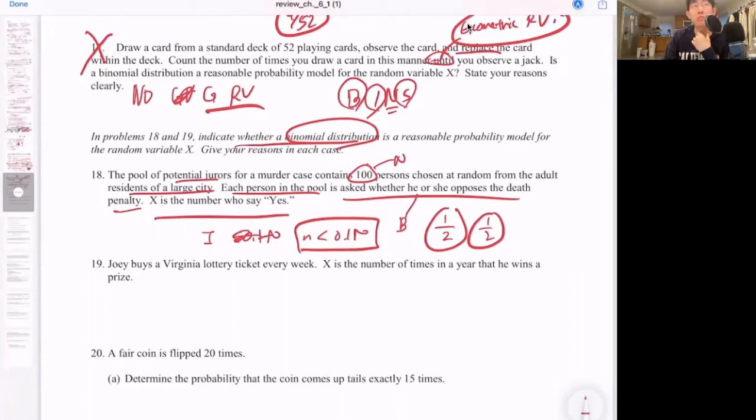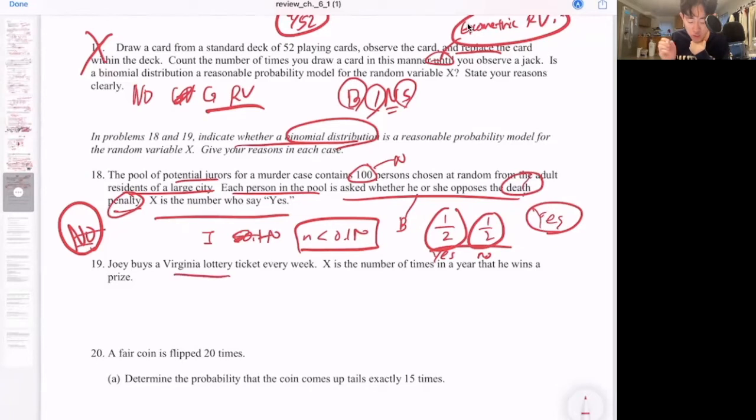For this one, the probability of you choosing it, is it 50-50? Since there's only 2 choices, unless they told you that they don't have any political affiliation and they are guessing, I would have to disagree with the answer and say no for this one. But quite honestly, the probability cannot be 1/2, because this is you choosing a random resident and asking whether he or she opposes the death penalty. This is an opinion about the death penalty, so it's got to be more biased. I don't know if it's going to be 1/2.